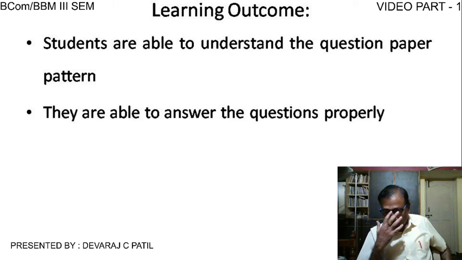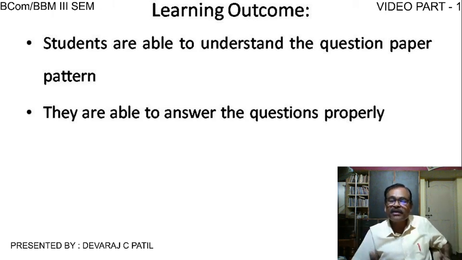See, what type of question requires what quantity of answer? What type of question requires what kind of style of expression? That will have its own structure, its own method. According to that method, you have to write your answer, and that kind of answer would be more attractive to the valuer. And when the valuer is more impressed, automatically he will award more marks.